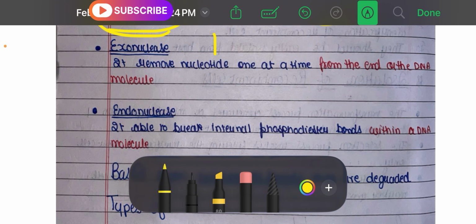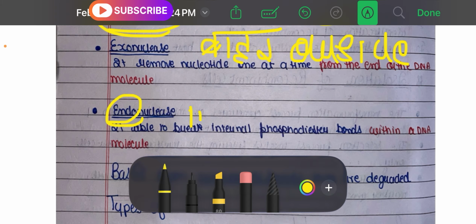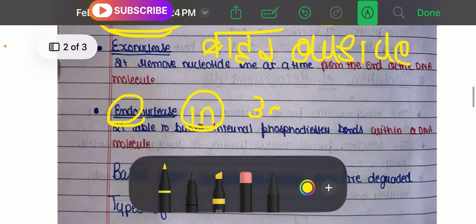बाहर। एक्सो का मतलब क्या होता है? बाहर। बाहर का मतलब क्या होता है? आउटसाइड। क्लियर? एंडो, एंडो का मतलब क्या होता है? इन। इन का मतलब क्या होता है? अंदर।